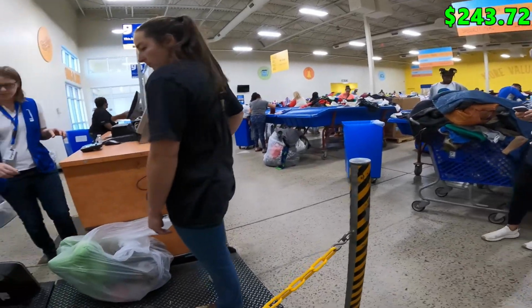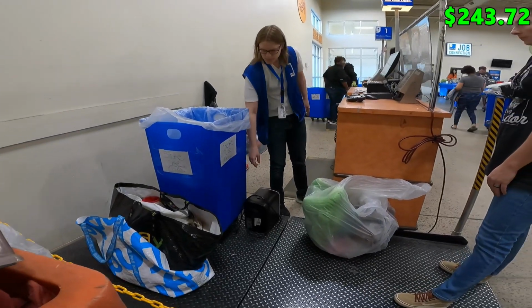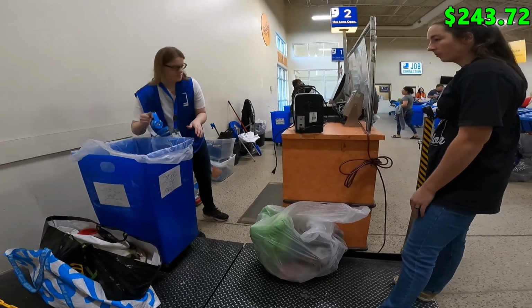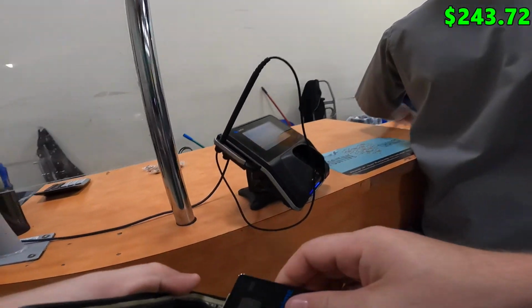Once we're done shopping for the day, we take everything up to the front of the store and put it on their scale so they can weigh it and see how much to charge us. Again, most of the items in the store are $1.89 per pound, but electronics are only 50 cents per pound, and again, that whole bag of plush is only $1. And our grand total for all this stuff today was only